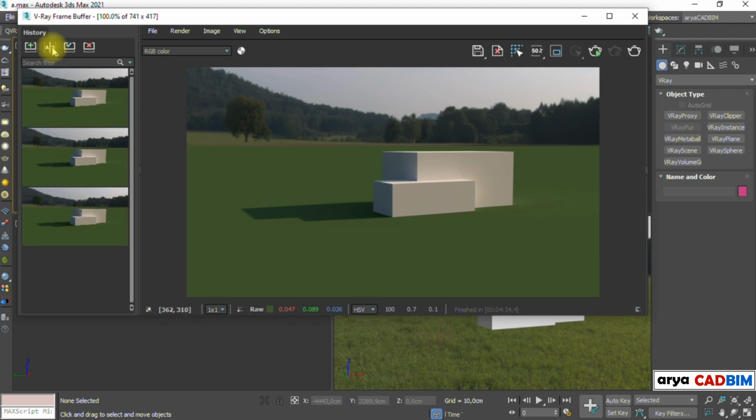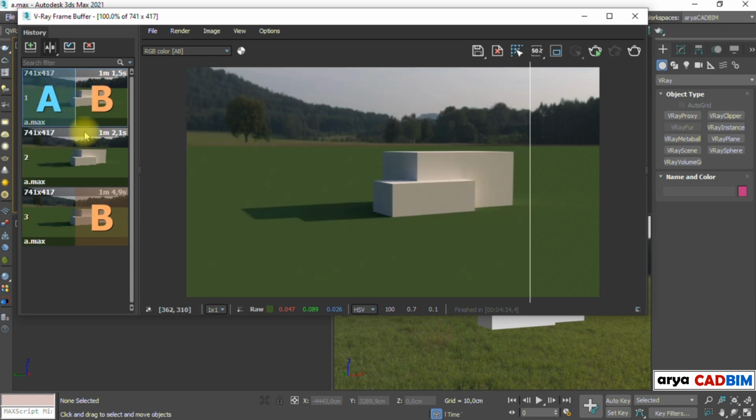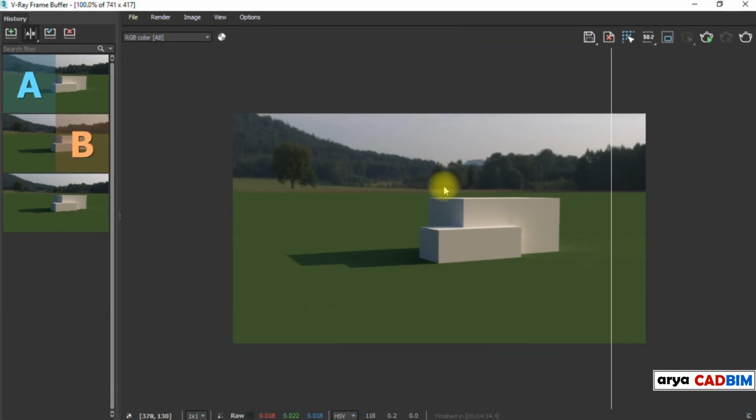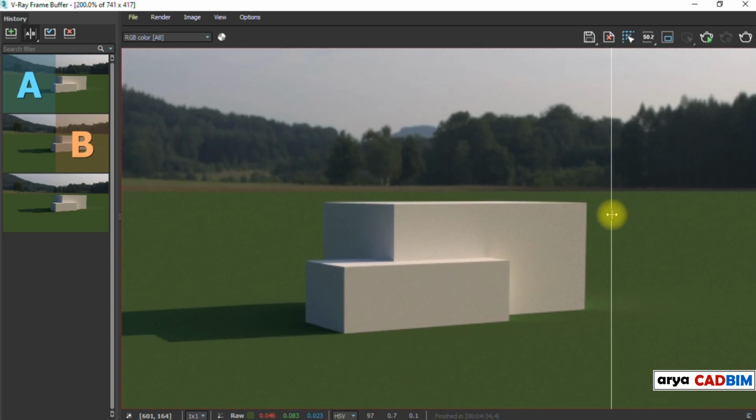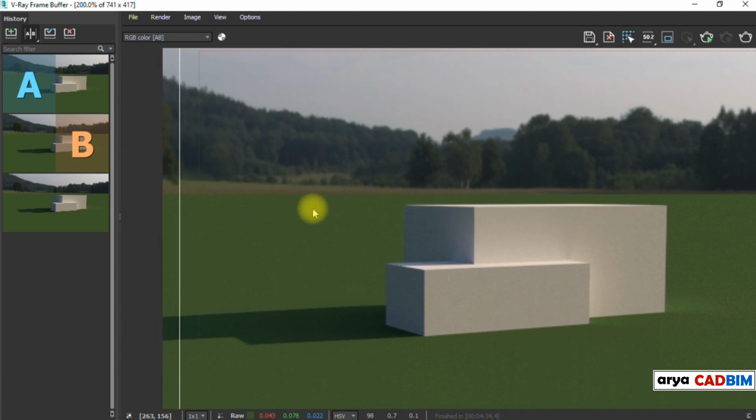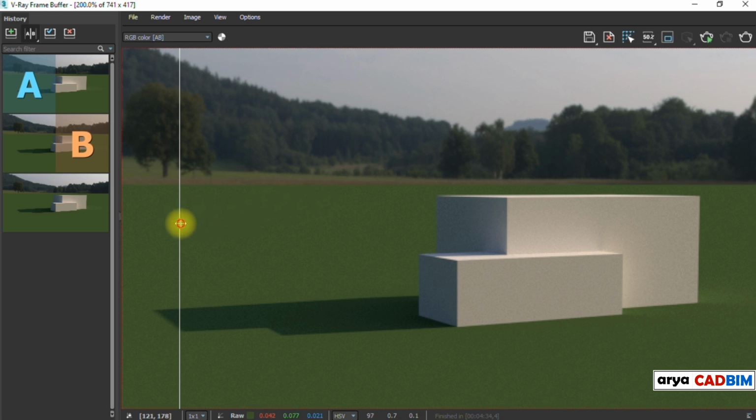Let's compare it with the previous one. Again, no difference.